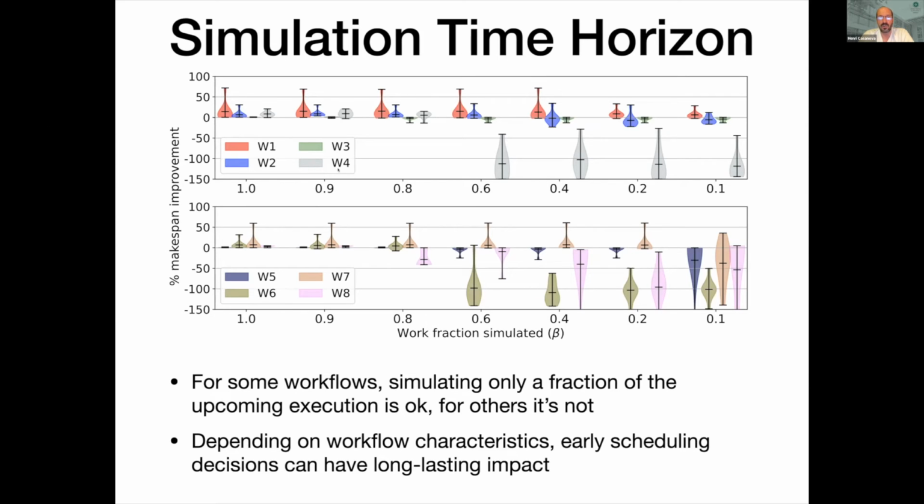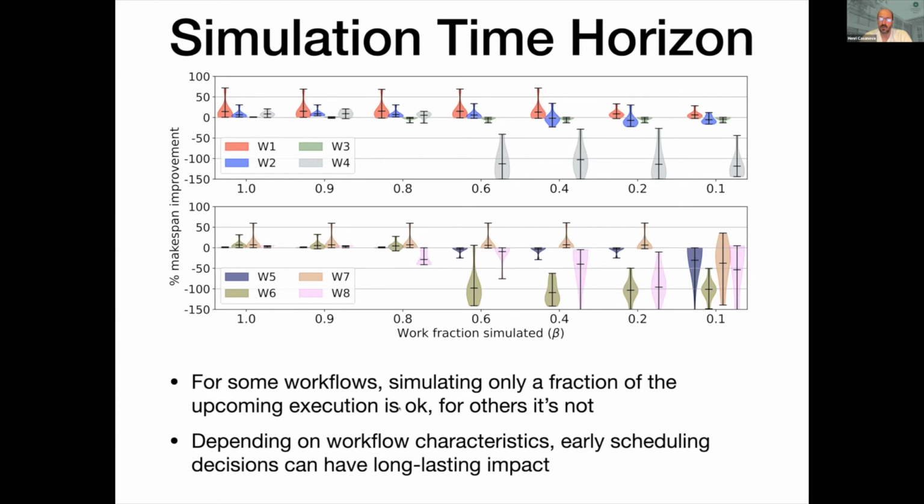But for some other workflows, like workflow 4, the gray one, we see that's not the case. Looks pretty good so far, but then if we don't simulate at least 80% of the remaining work, then all of a sudden, portfolio scheduling is dramatically outperformed by a one algorithm approach. And this is because here we made the simulation myopic. And for this workflow, because of its structure, the scheduling decisions we make early on should take into account the execution of the later stages of the workflow. Right? So we cannot really say that it's okay to not simulate the application until its completion because it's okay for some workflows, but terrible for others. Right?